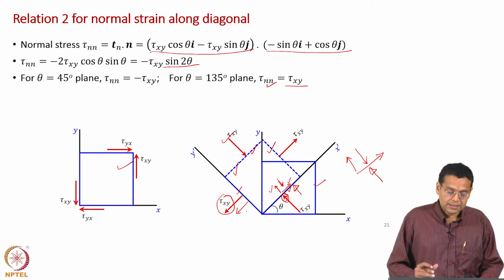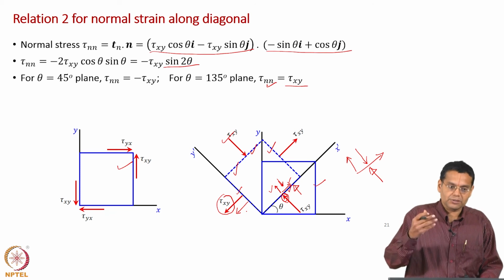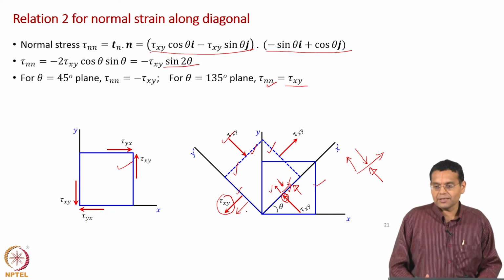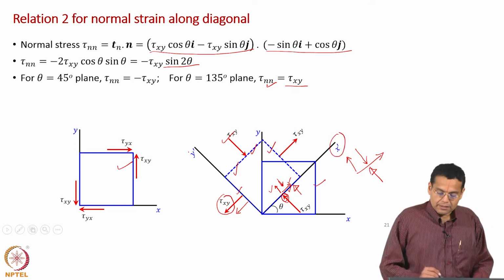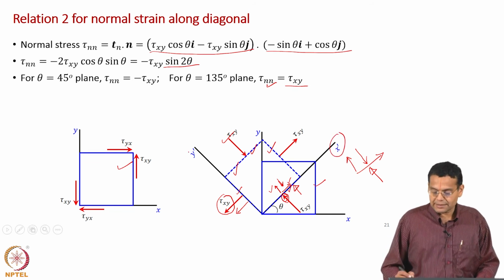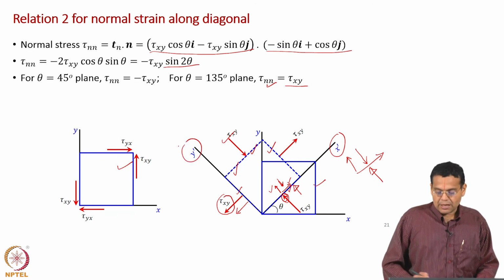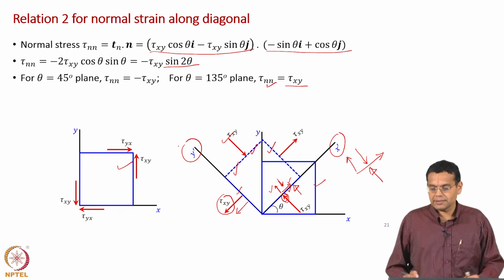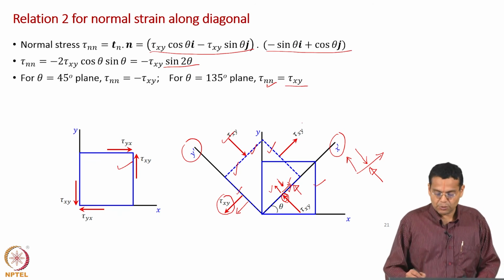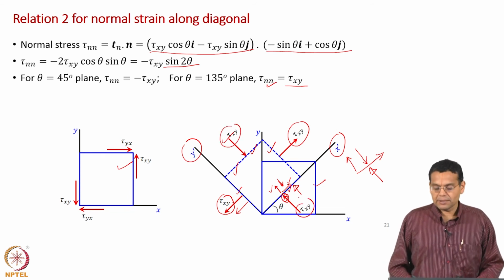Those normal stresses have been expressed in terms of tau xy values, but in this rotated configuration there are only normal stresses, and the new axes are denoted as the x dash axis and y dash axis. Along the x dash direction it is tensile and along the y dash axis it is compressive. That is what you see here: tau xy in this direction is tensile, and in the other direction the normal stresses are compressive.